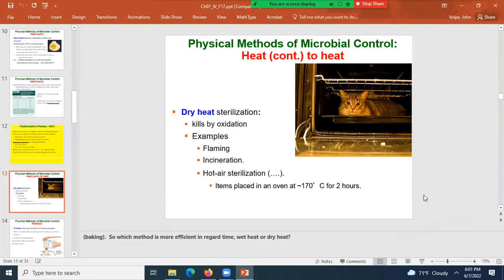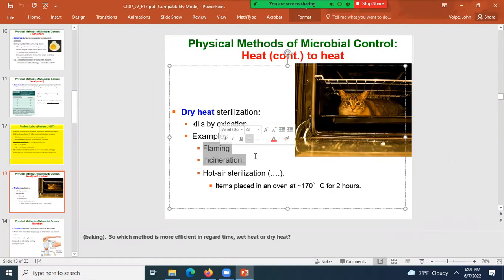All right, let's talk about dry heat. Dry heat kills things by sterilization or killing by oxidation. Examples are flaming and incineration, which use very high temperature and happen very quickly. Hot air sterilization, such as baking at 100 degrees Celsius in your oven, requires exposure for 2 hours